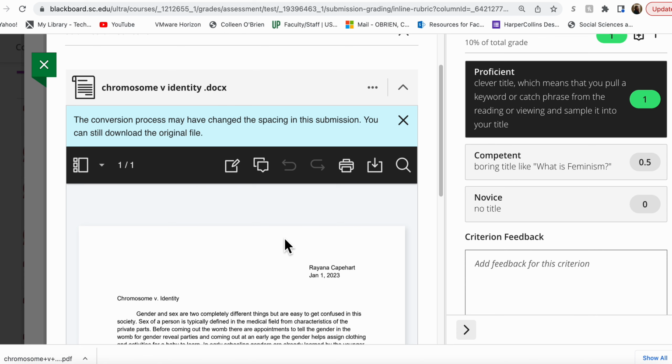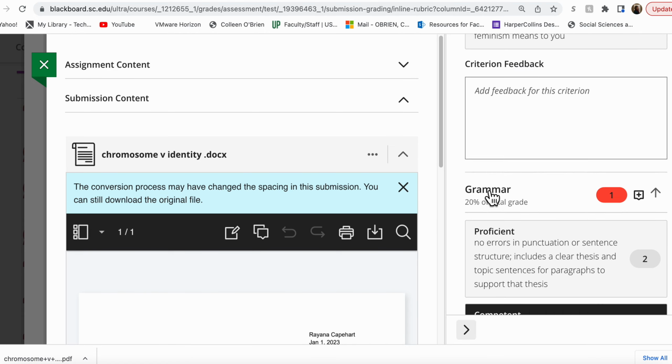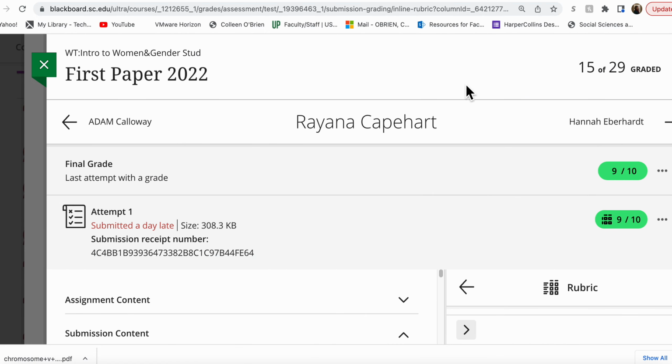Chromosomes versus Identity is kind of a compelling, interesting title for this particular paper, because it's really asking about the tiniest particulars of biology versus the big psychological concept of identity and society and culture.